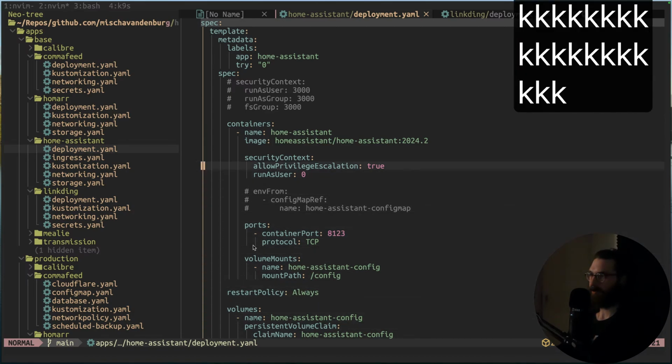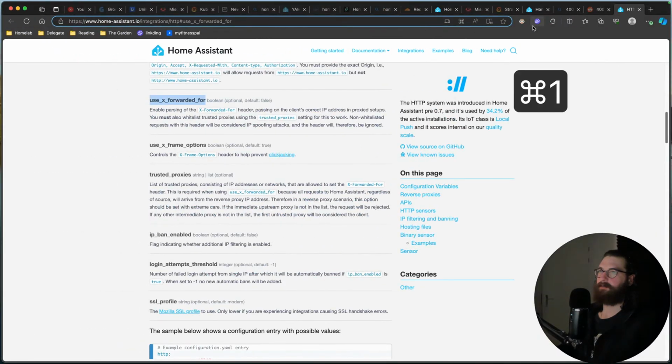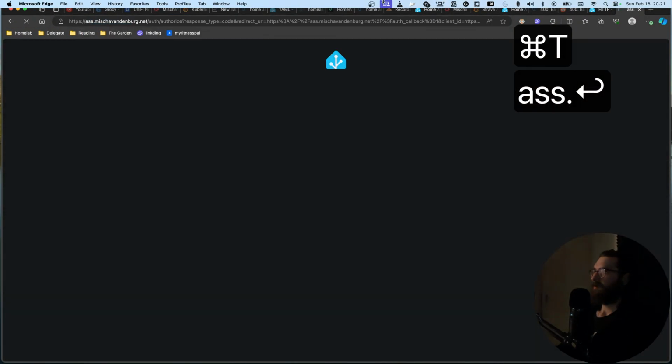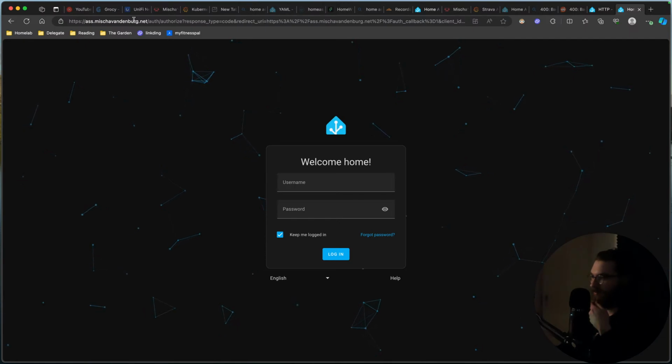Here we go. Allow privilege escalation and run as user 0. But the thing is that ass.mishavandenberg.com resolves to an internal IP address. So this URL is not going to work in your browser. You can try if you want, but this